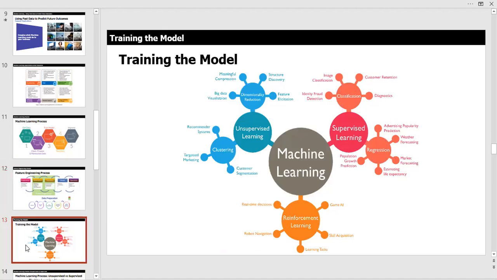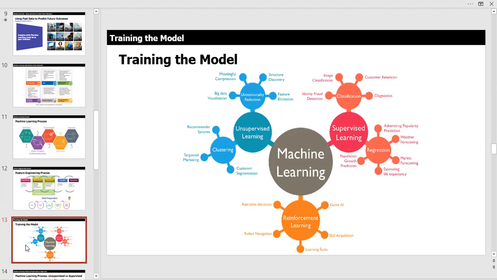So let's talk a little bit about training. What does it mean to actually train the model? So we talk about, and again, the easiest way to remember it is unstructured data, which is the vast majority of data. And when we say unstructured, it doesn't mean that there's no structure. It just means that we have so many sources of data that haven't been brought together in a structured system like a SQL system. And the vast majority of data today resides in what they call data lakes. And we use something called NoSQL, not only SQL, which really is the beefiest thing out there to manage all this.